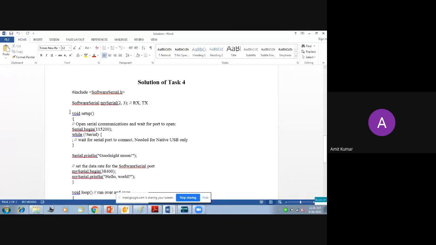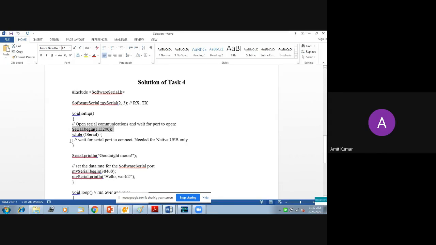Whatever you define in the setup will be executed once. In the first line, we are opening the serial communication and waiting for the port to open. We have written Serial.begin at the rate of 115200, so the serial port will be communicating at a speed of 115200.